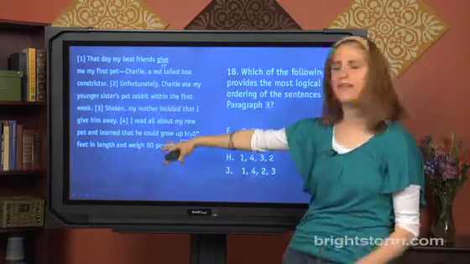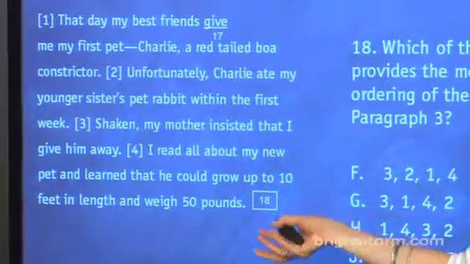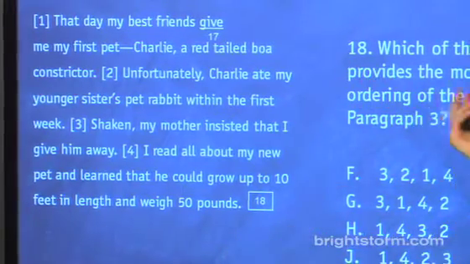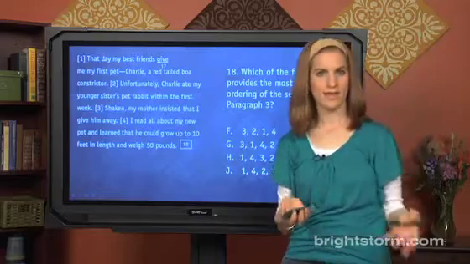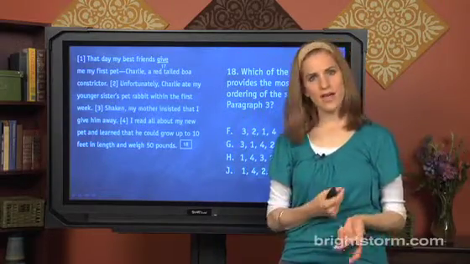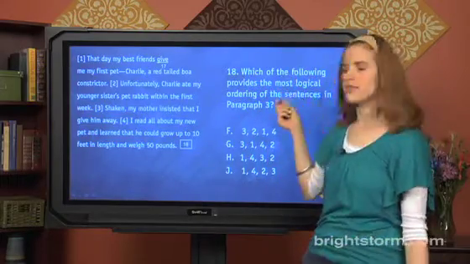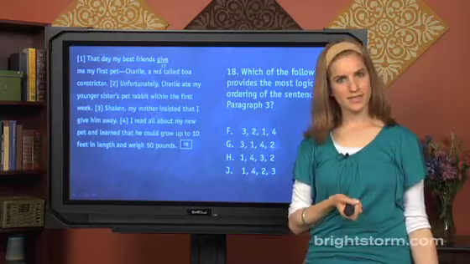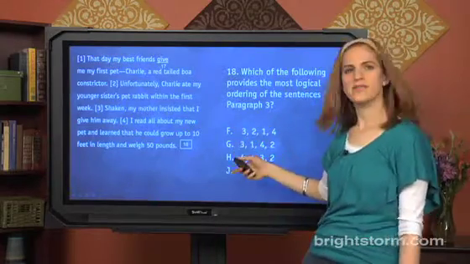You see how at the end of this whole paragraph, you've got a box, and it's numbered. Here we have number 18, and it corresponds to a number 18 question that's going to ask you about the entire preceding chunk, whether it's the passage, whether it's the paragraph. They'll tell you in the question. So here, which of the following provides the most logical ordering of the sentences in paragraph 3? And you see how you got some choices here, and you can actually